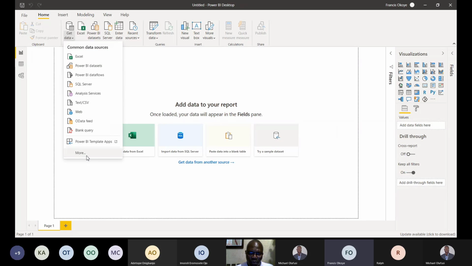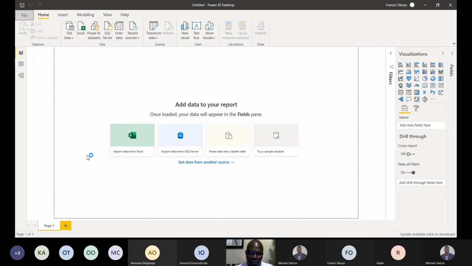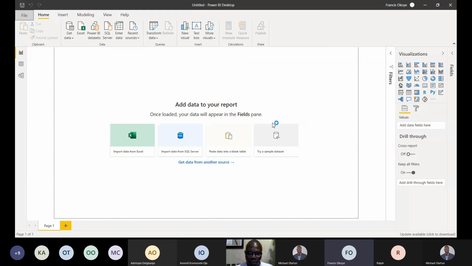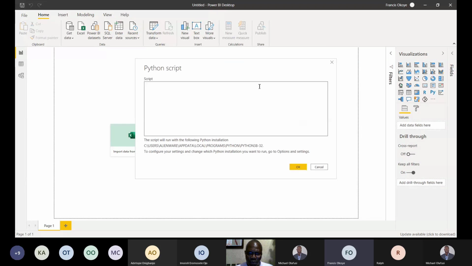So get data, more. So once that comes up, order, then you see your Python scripting, then okay. So let's connect. Okay, now you see a blank script here. So the way you